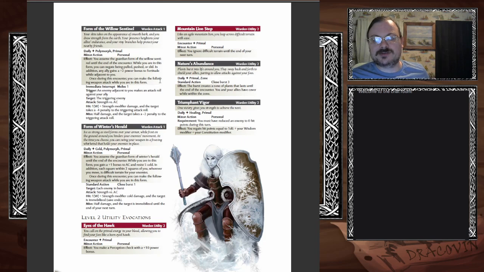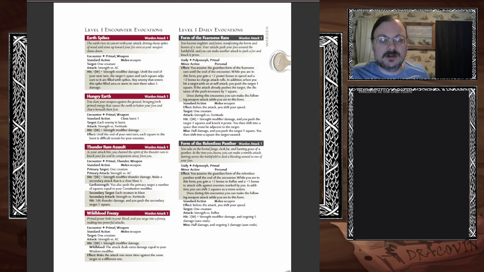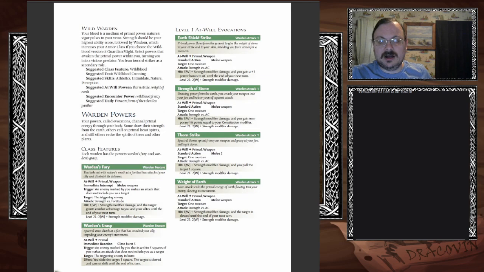Yeah, and like Triumph of Vigor, regaining some hit points and stuff. And there's some other abilities that can also help your allies out for things like some healing and stuff too. But a Warden is a leader that's a lot less healy than, let's say, a Cleric would be. A Cleric would be much more of a healer, keeping people's hit points up and such like that. A Warden is somewhere in between the two of them, or not Warden,